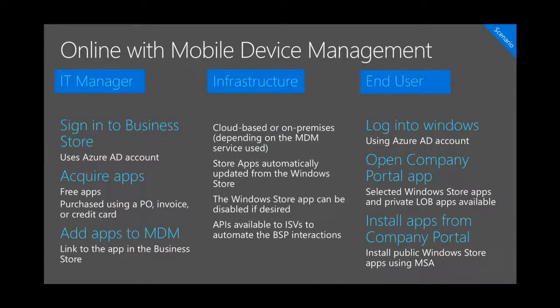The infrastructure is cloud-based or on-premise. You can choose, because you can actually download the apps and bring them offline, right? And then add them to a device through your MDM system or through a provisioning package, which is a package that you create with a new tool, which is called the Image and Configuration Designer. It's part of the ADK. You can download that as such today to create packages like this, and then add the app into that package